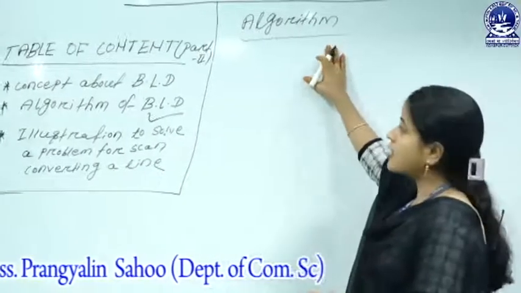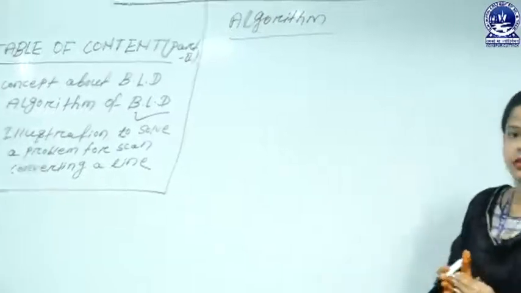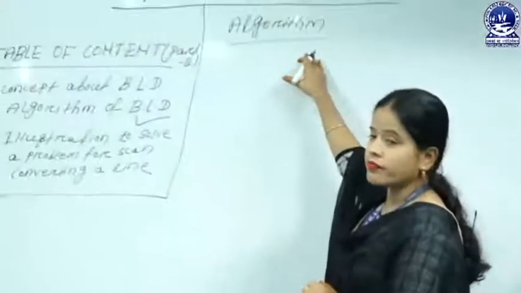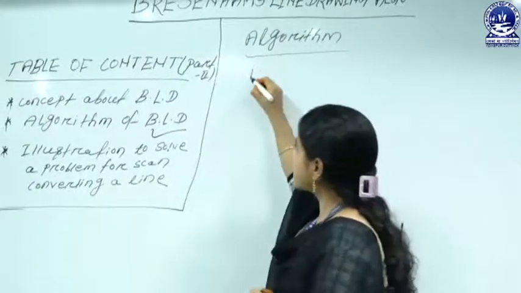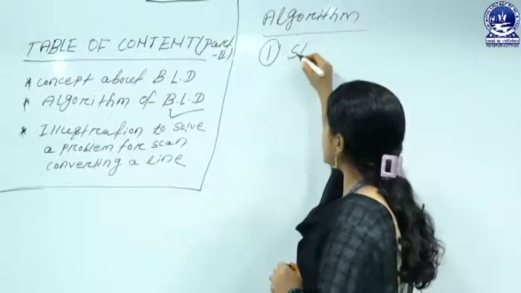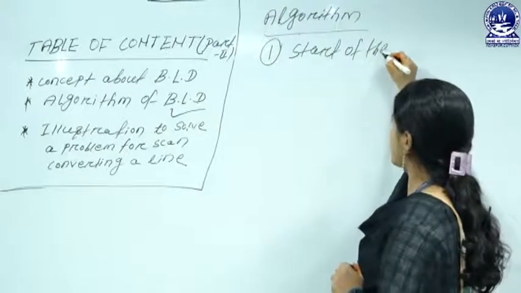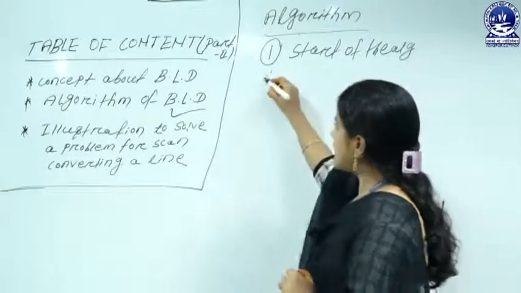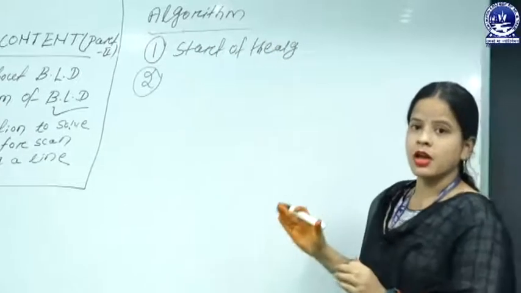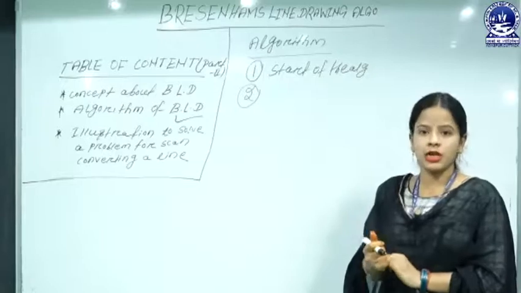Okay. Now let us check the second concept, that is the Bresenham line drawing algorithm. As we know, an algorithm normally consists of a finite set of instructions for achieving one objective. In an algorithm, first we start, that is the start of the algorithm. And the second step, as you know, the Bresenham line drawing algorithm is used for creating a line consisting of different data elements.